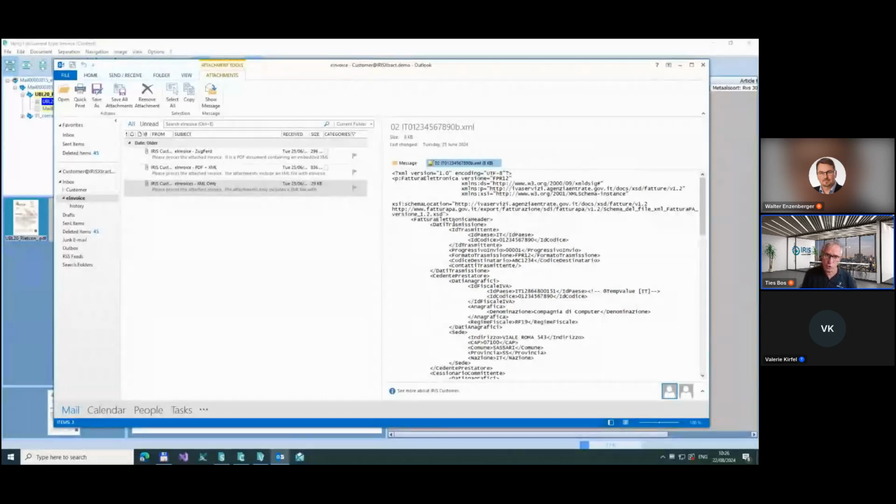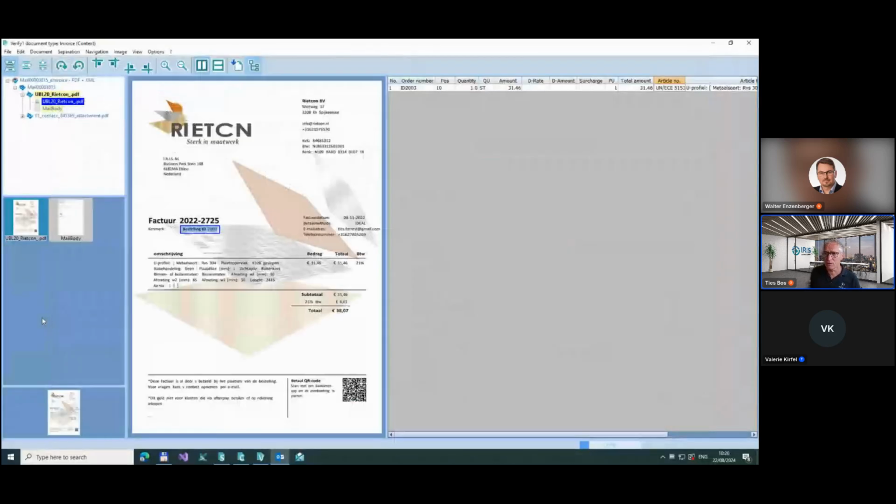For instance, also in Germany, you have the Xtract format, which is an XML only. Sometimes you can expect that the supplier will give you a PDF file as an add-on, but it's not required. So he can simply send you an XML file, and you need to be able to process the XML file. But for an operator in Verify or in SAP or any other application, it's not easy to read an XML file. So what we do here is we try to make a